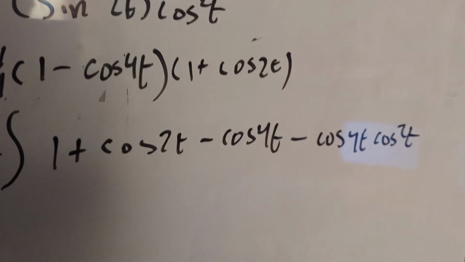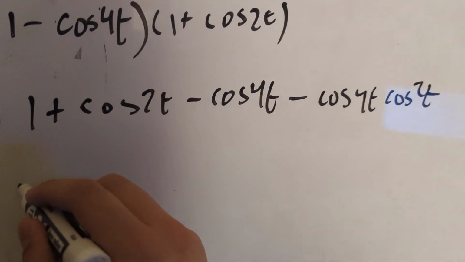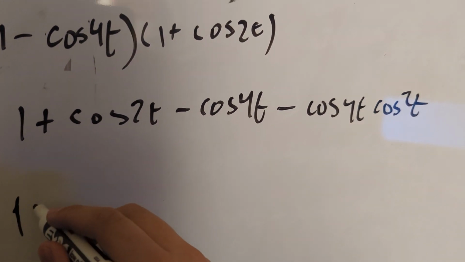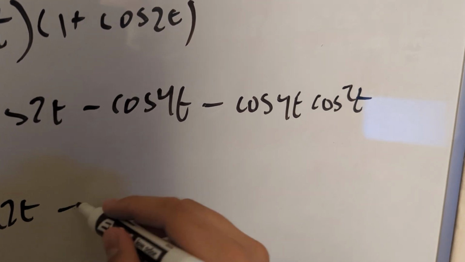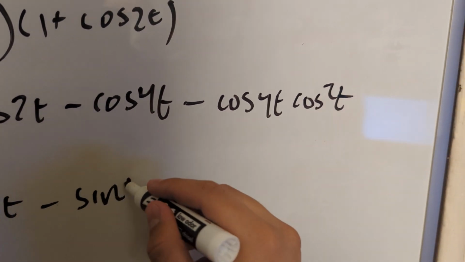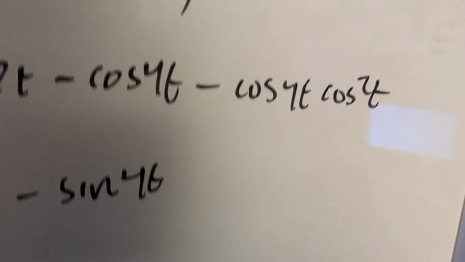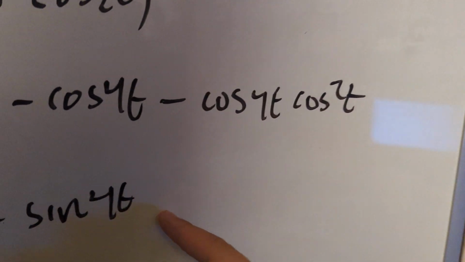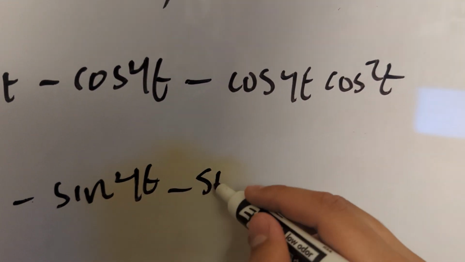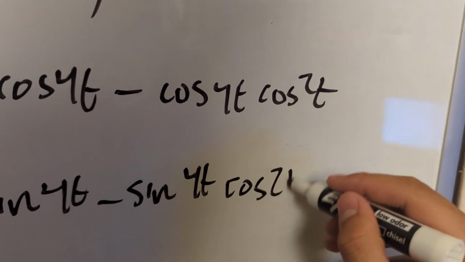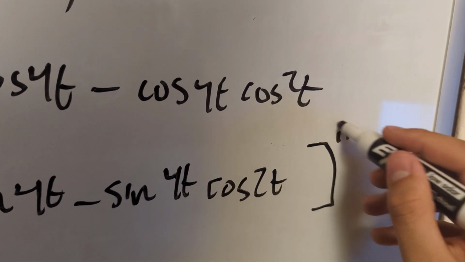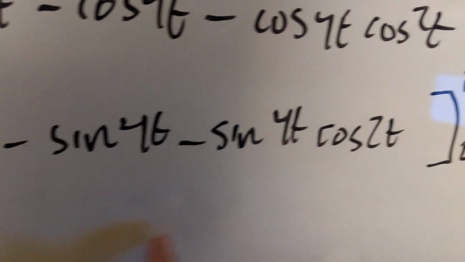Now if we do the antiderivative of this whole thing, it would give us t plus sine 2t minus sine 4t, because remember we're trying to get cosine for the antiderivative, so it would be minus sine 4t cosine 2t. And what's crazy about this one is when we do from 0 to pi,